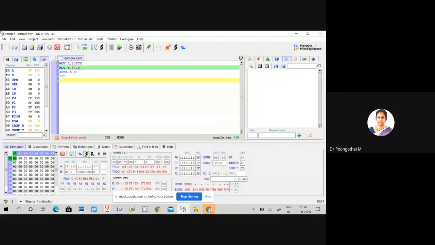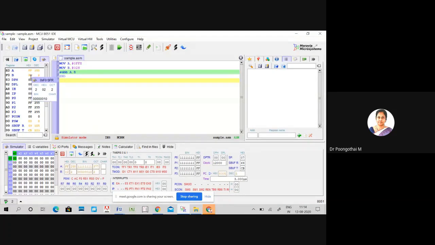So FF is moved into accumulator. Look at this table, FF transferred to accumulator, okay? And next step, I am executing MOV B, #02, okay? So look here, 02 is transferred to B register.